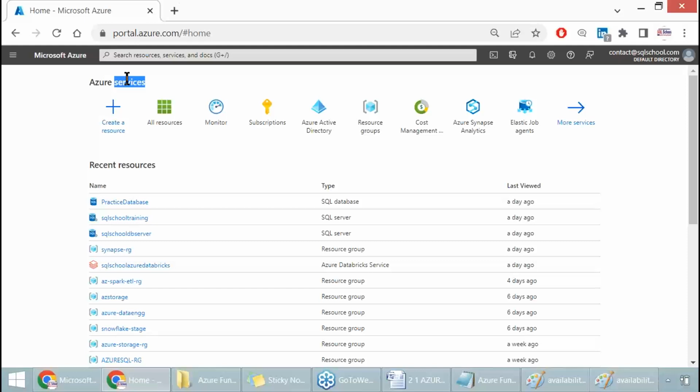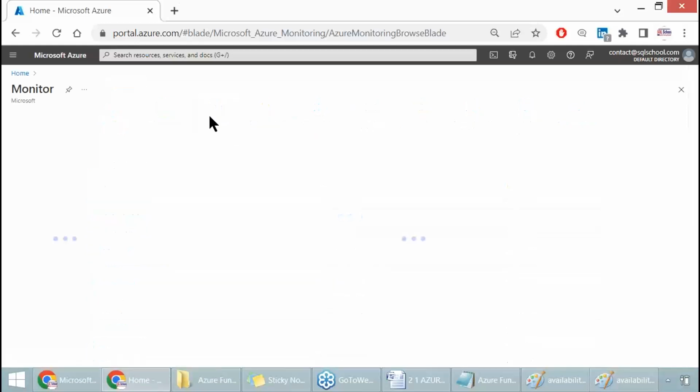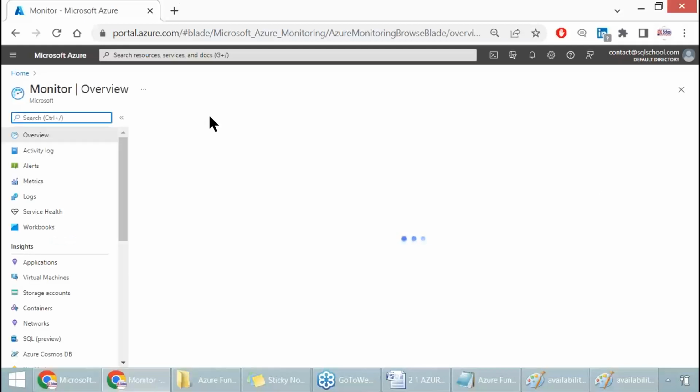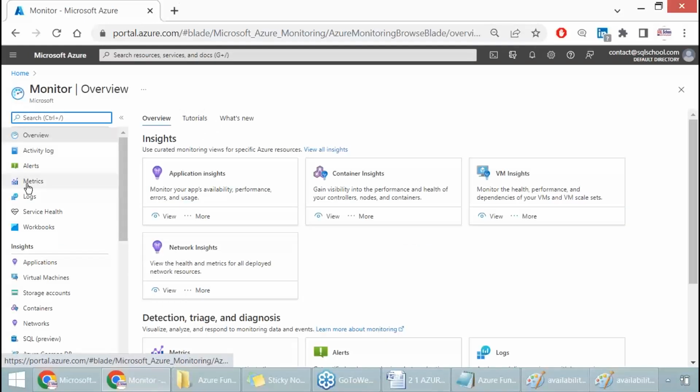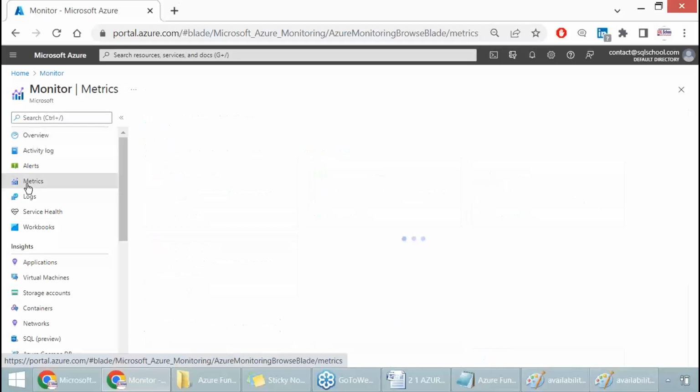Okay, so services are like offerings given from Microsoft Azure. You click on, for example, this monitor service. From there we have something else called metrics, left side, called Azure metrics, another service